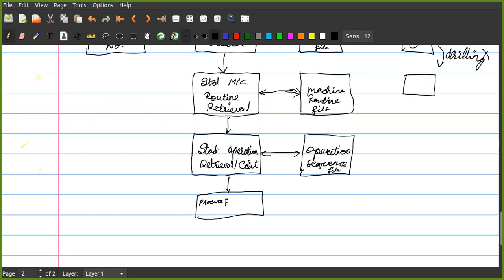Process planner formatter. This will give you the formatted process plan, and then you will finally get a process plan. You can see again here it will be one arrow.